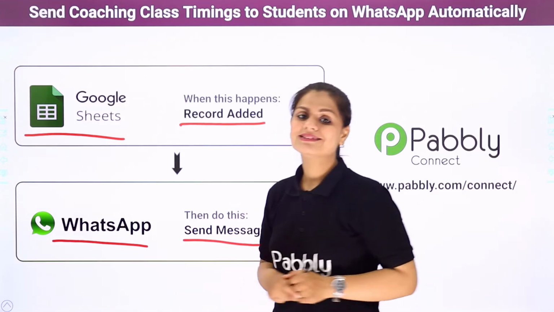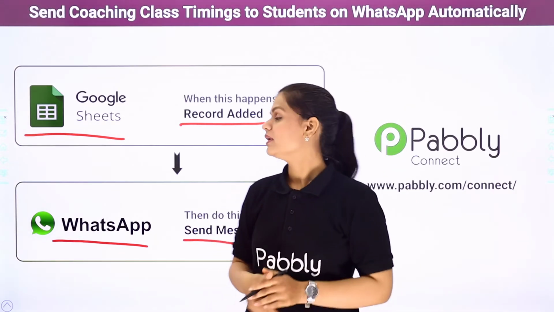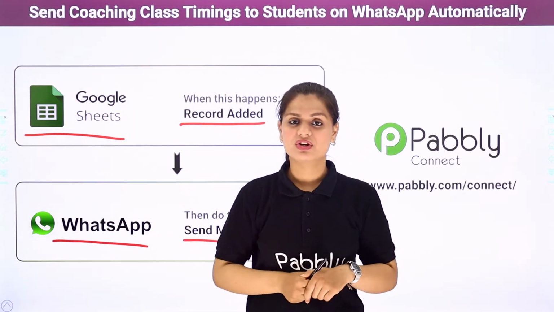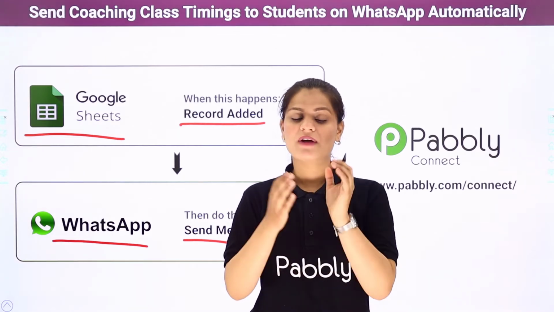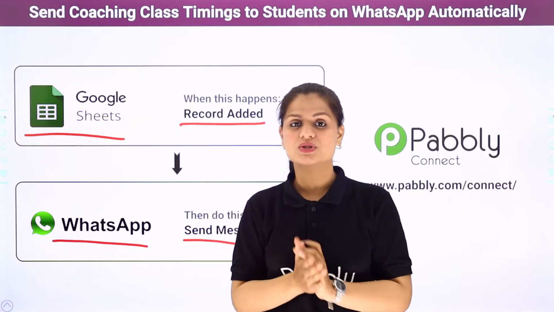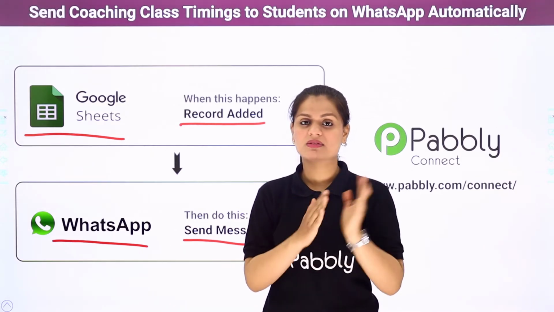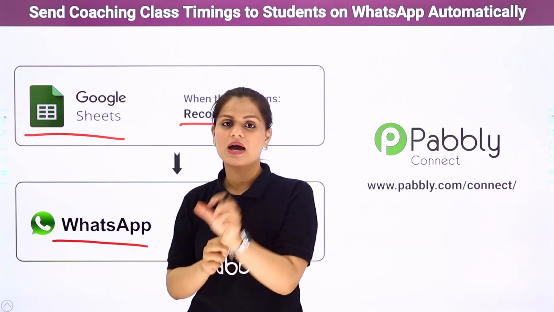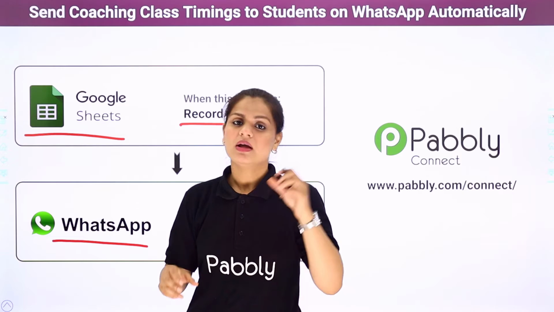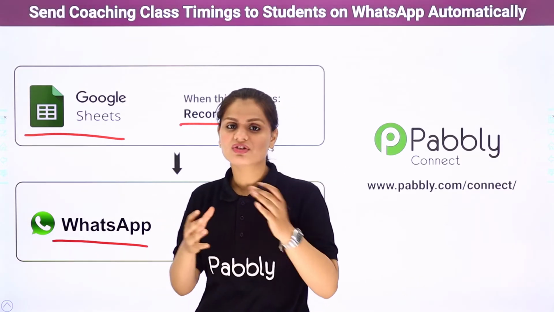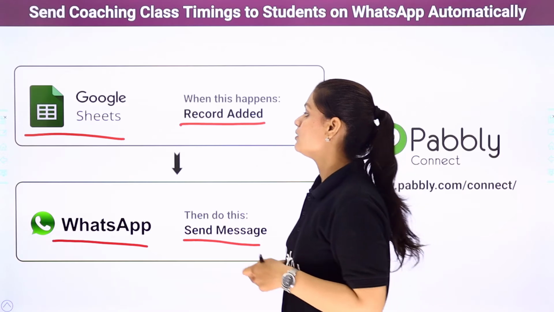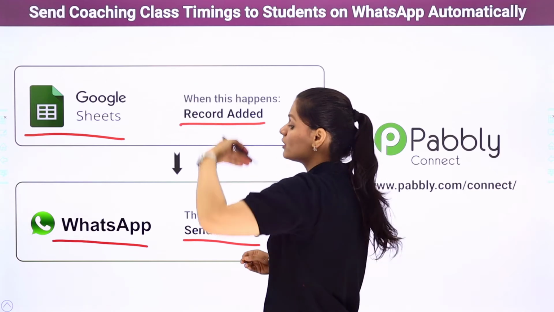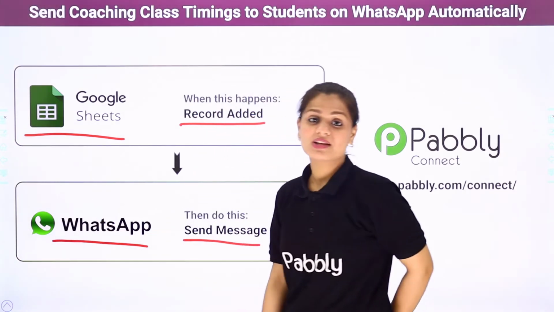Let's understand this better with an example. I am going to make a Google Sheet in which I mention all the details of the rescheduling of the class. For example, if I am going to reschedule a physics class in my coaching for the PCM batch, which is the physics chemistry batch, I am going to mention that the physics class is rescheduled at 5 p.m. due to this reason, or rescheduled on Monday or Wednesday. As and when I enter those details into my Google Sheet, all the students are going to get updated on WhatsApp automatically.